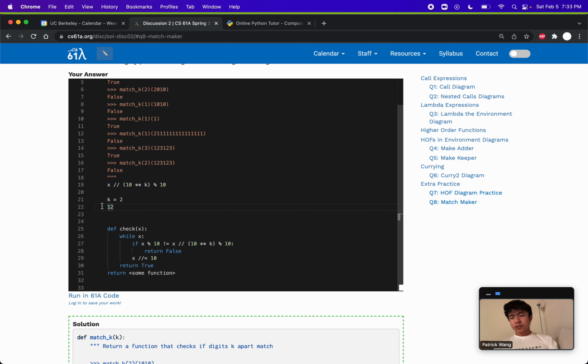And so 12 divided by 100 is going to be 0, and we're going to get the digit 0 out of it. And so 2 is not equal to 0, so we're going to return false. And so the thing about this is that, yes, 2 is not equal to 0, but we don't need to